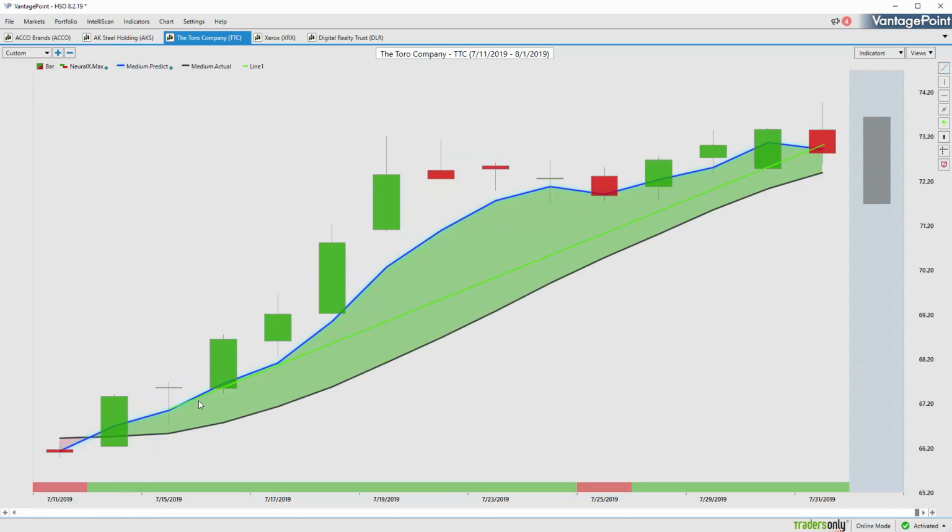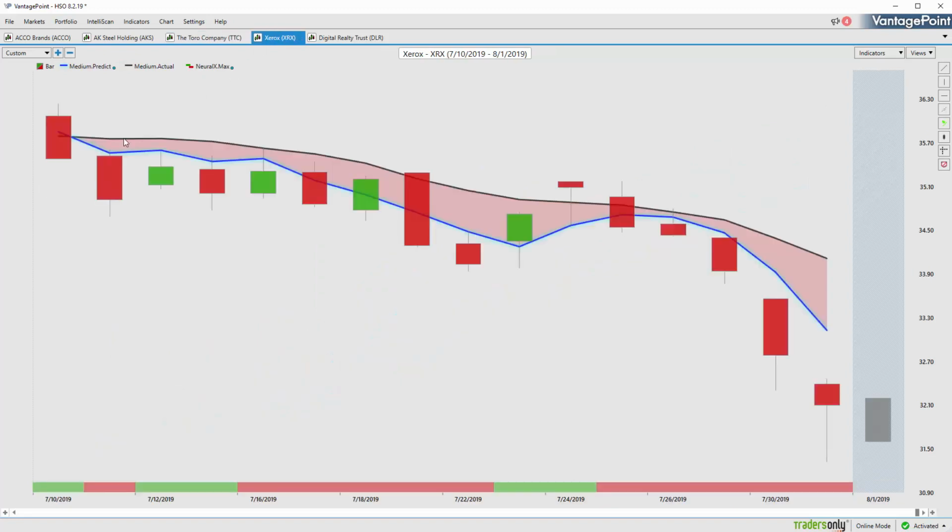Obviously a really great entry at the beginning of this move, and the market is up just about 8 or 9% over the past couple of weeks here. Now, there's been a few spots where there's been weakness in the market. We saw things like Amazon pull back, AMD. Some of these stocks did very well earlier on in the summer, but are now places you really want to avoid. Here's Xerox though, and very clearly here we get this crossover to the downside, and